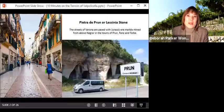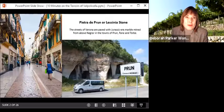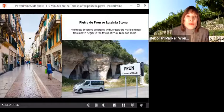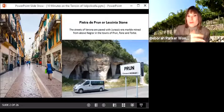The first place you might encounter the terroir of Valpolicella is in the streets of Verona. Here's the Via Mazzini, and this street is paved with prun or Licinia stone. You can also find this stone used in the arena and the churches of Verona as well. Licinia stone takes its name from the Lessini Mountains, where the wine-growing region of Valpolicella runs from west to east